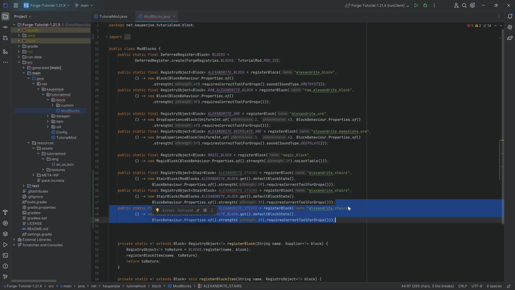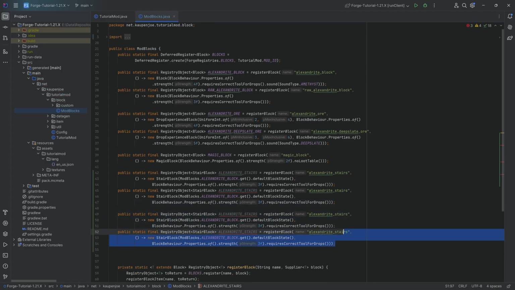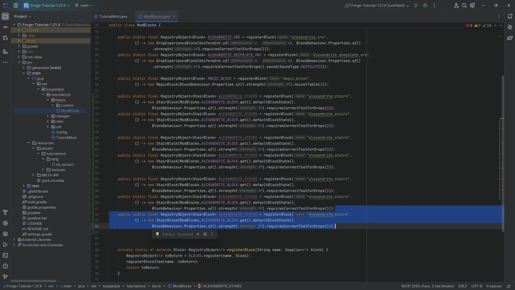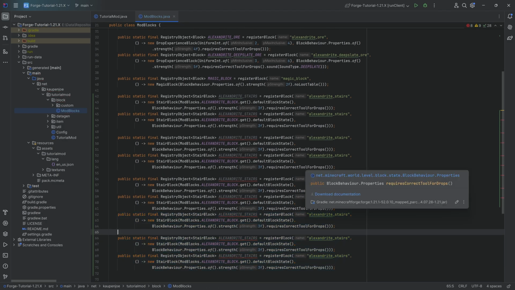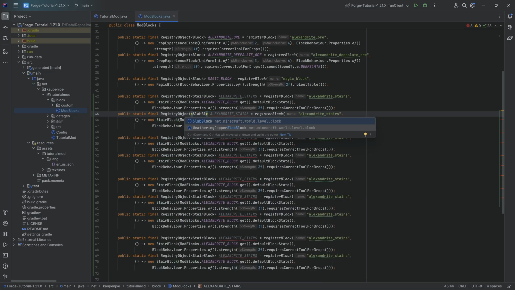So we're going to have another one sort of in the double grouping, another double grouping over here. Then we're going to have a triple grouping, and lastly, another double grouping. Yes, this is going to be exactly right. And we're going to go from top down to the bottom. Of course, all of the code is also available to you down below, so no worries at all. There's going to be the registry of a SlabBlock, which is going to be the ALEXANDRITE_SLAB,